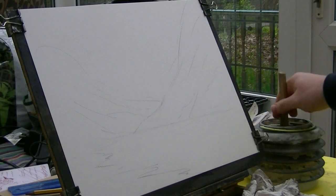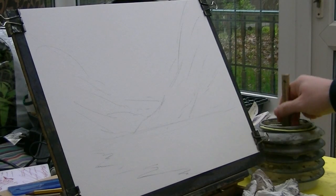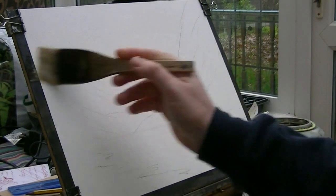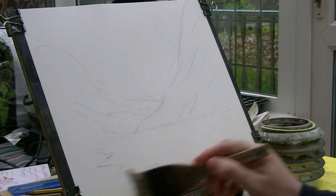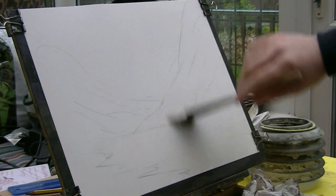So I thought I'd just make one up today. I've just done a very, very quick pencil sketch there, just to give me some guidelines. Otherwise, when I make them up, they all tend to look very similar. Doing a quick sketch helps prevent that and get your ideas out before you actually get the paint on the